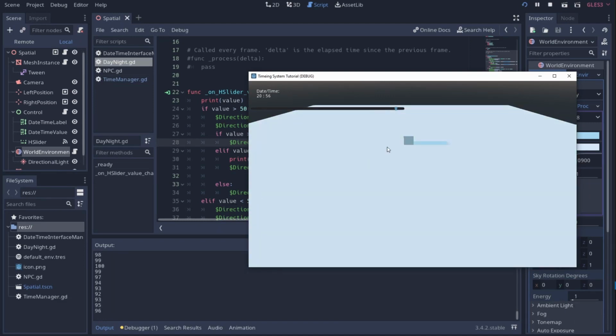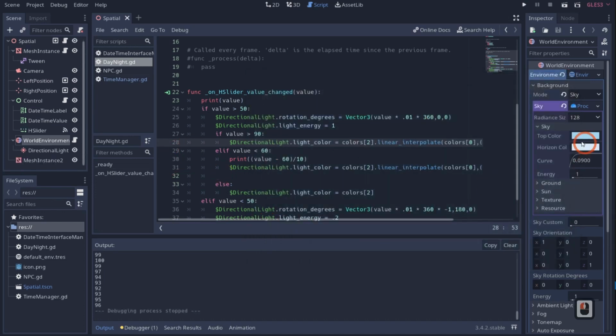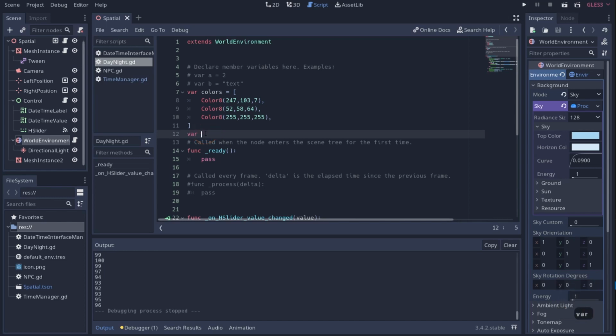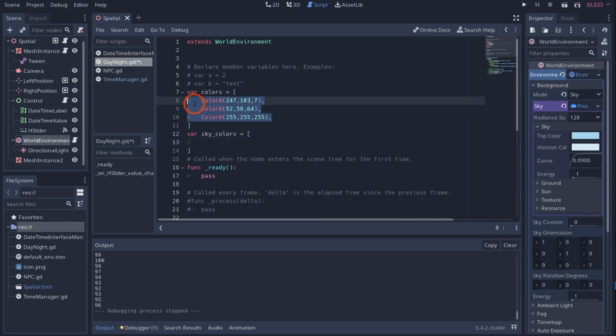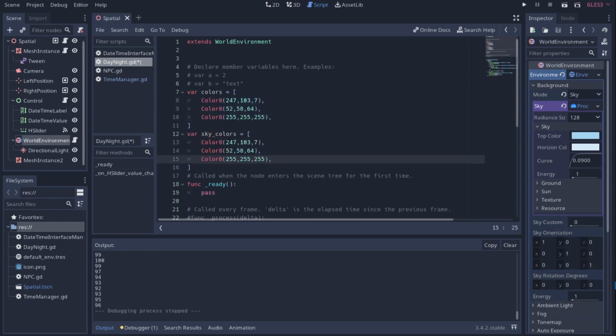And the reason why is the global illumination is overriding our scene, right? So what we can do is override this color and the horizon color to make it be the proper color that we're looking for. So I'm going to come up here and say var sky_colors is equal to, and we'll set this to a couple of colors. I'm just going to copy these and paste them, and then we're going to make some adjustments. So we're going to say something like 219,